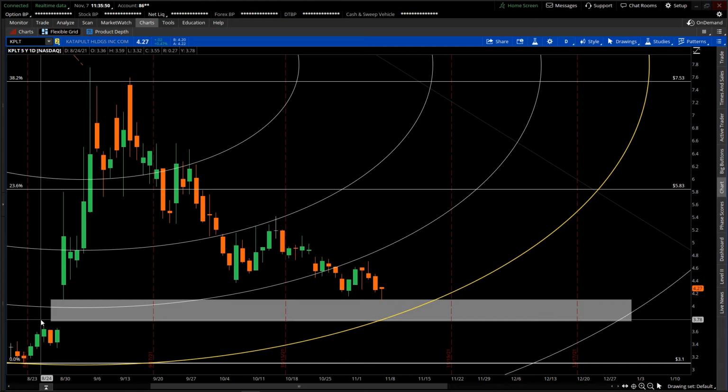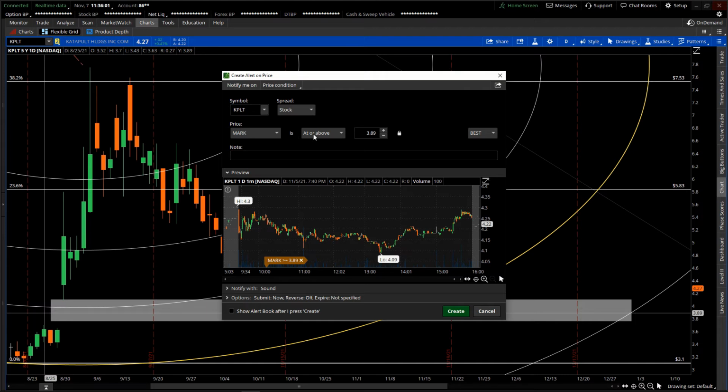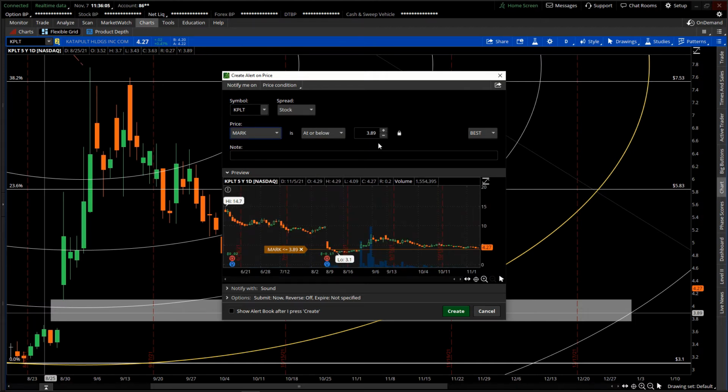What I'll do is create an alarm to notify me that price is now below or in the gray area for a potential gap fill. So if price is below $3.75,